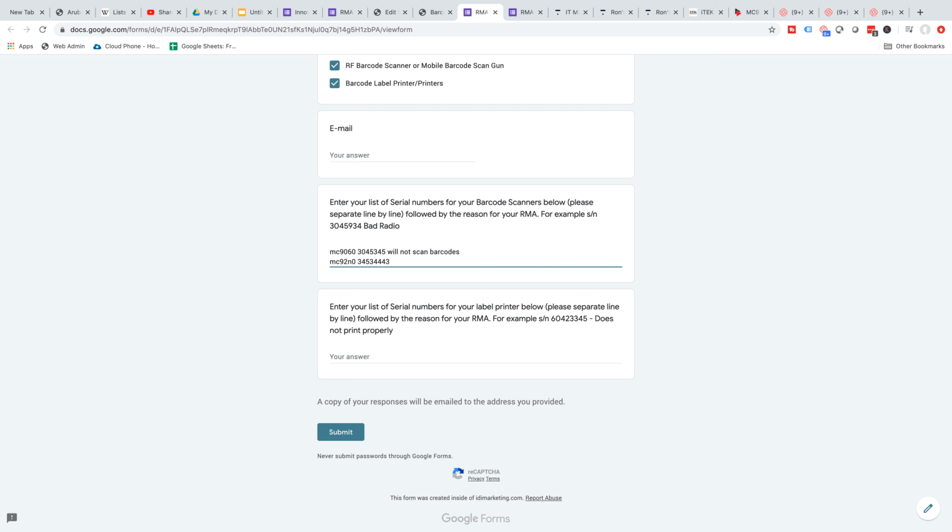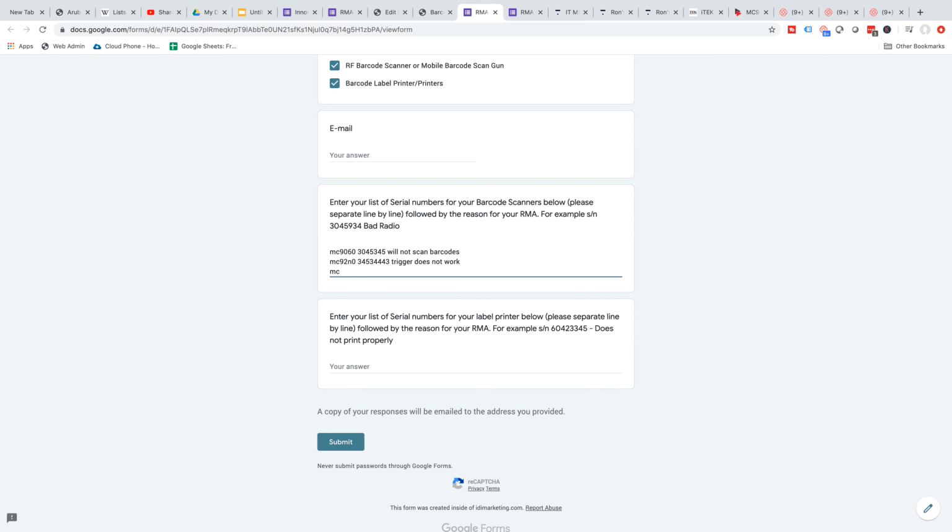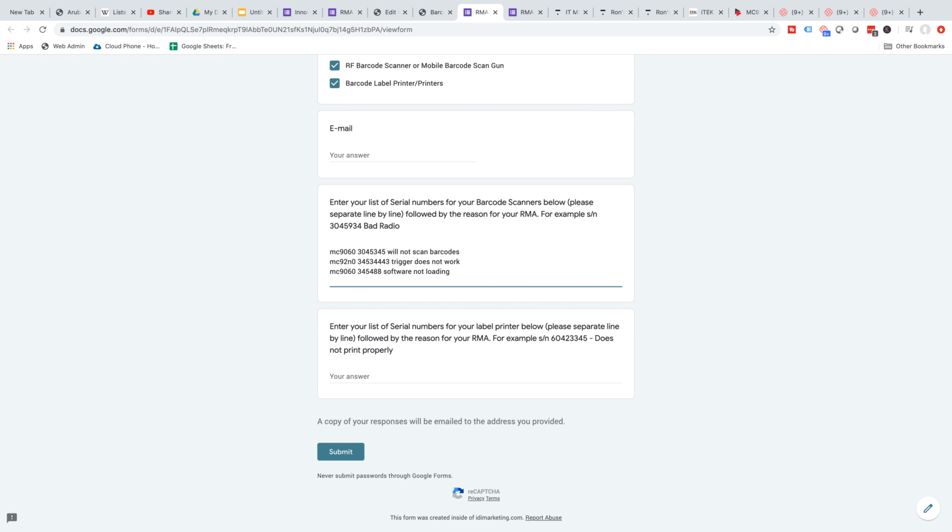Majority of the issues that we see: will not connect to radio, bad radio, will not scan barcodes, cracked display, trigger does not work. A lot of times some users don't know what's wrong with it because it's a software issue. So, software not loading. So in our service center, depending on your contract and depending if you sent your files and your firmware to us, we will repair the gun. We will reload your software, and as long as you have the IP addresses, or provide us the IP addresses,